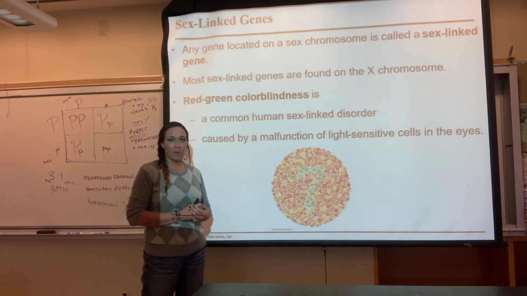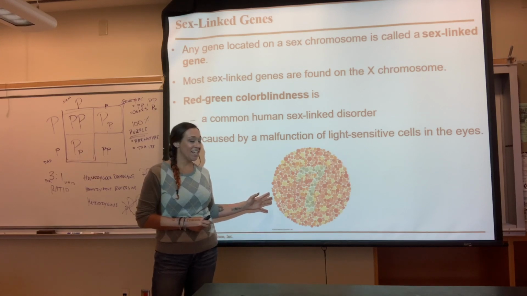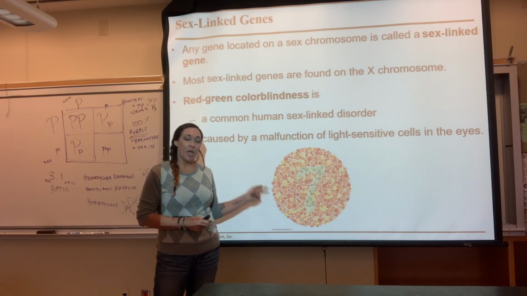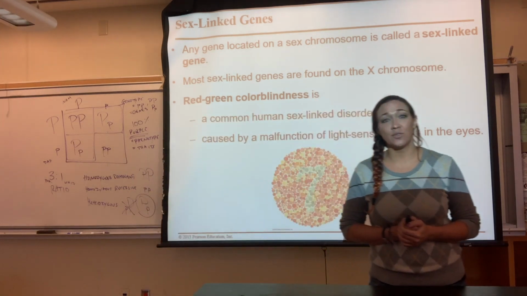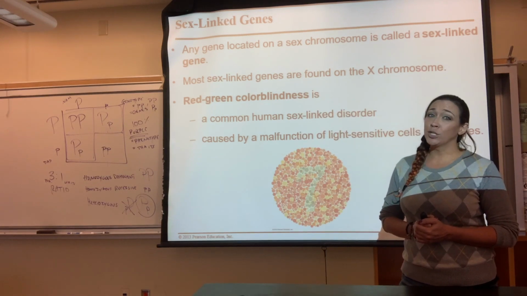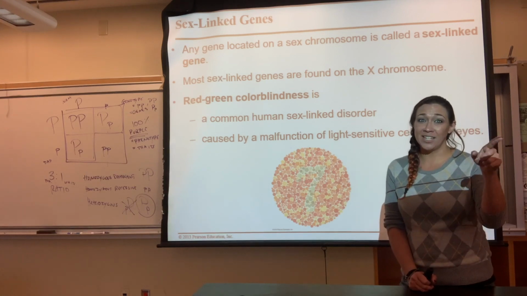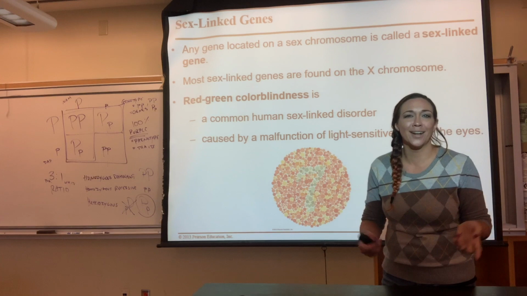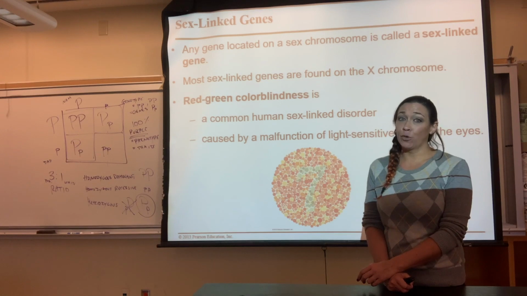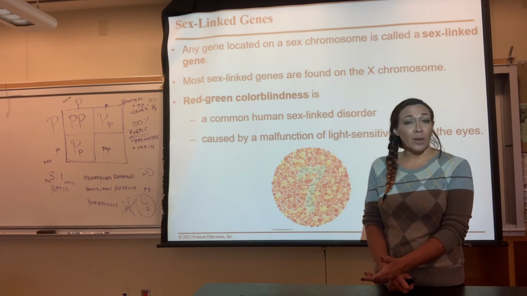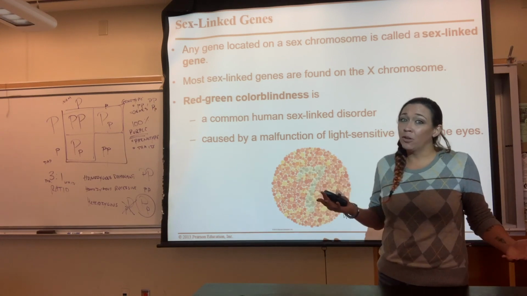Now, I know it's kind of an up-close video, but if anyone cannot see the number in here, it is the number 7. Because we're going to start talking about how red-green color blindness is actually one of those recessive traits. Again, it's a sex-linked trait. Unfortunately for you guys, we're the carriers for it. We have it on our X's, which means all you guys need is to get one of those infected X's. It's not infected, it's just one of the X's that carry that color blindness gene, and therefore you guys will be colorblind. So there's color blindness, there's color deficiency. If you can't see the little 7 right here, you may be colorblind or color deficient.